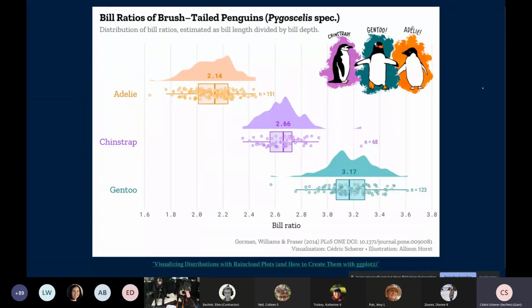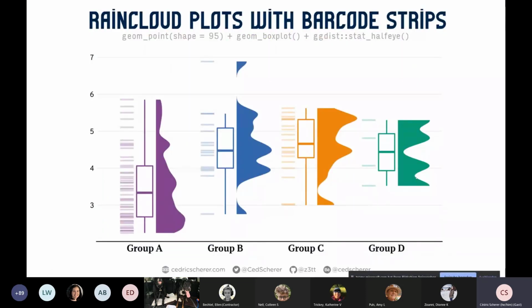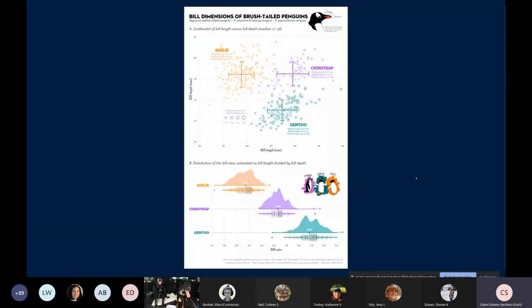And of course, I just want to illustrate here, you can also add text labels to indicate the sample size and the median values and so on. You could also make barcodes here, which I like, which I have used. And again, with some offsets. And I'm going to zoom in here.